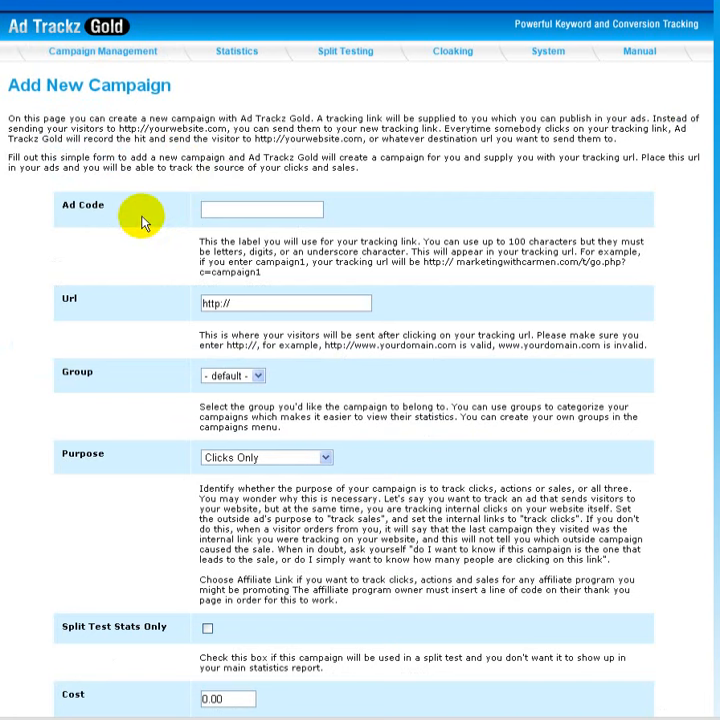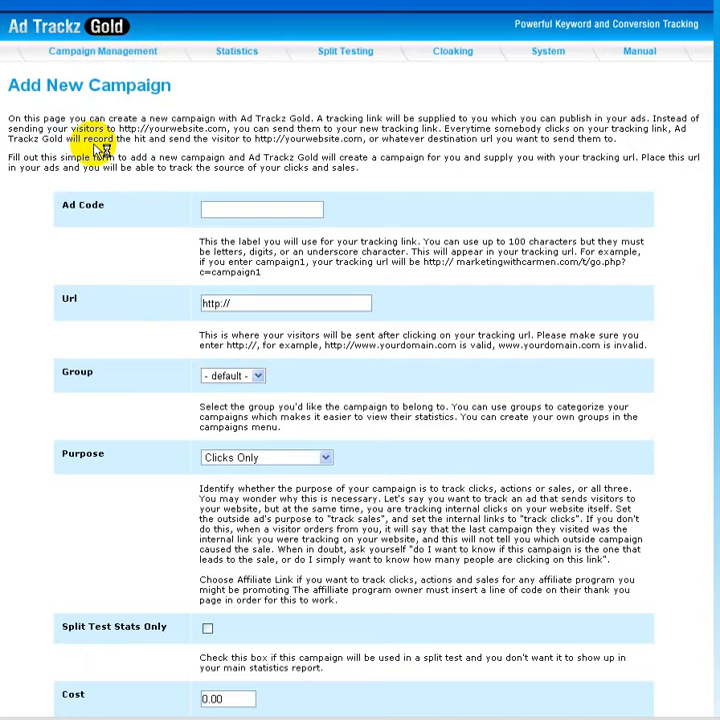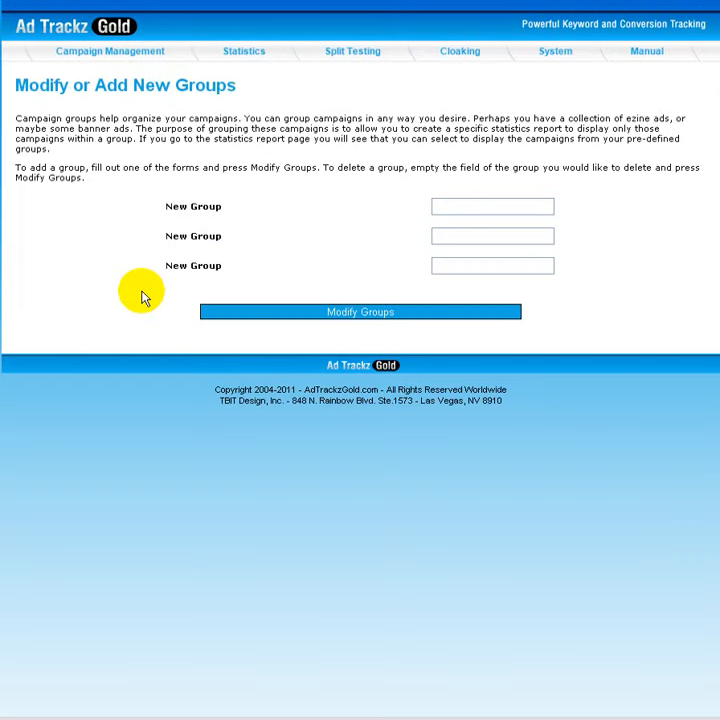Now, you can do this part any way you want, but I really suggest my naming method. Okay, and what I'll do is, well, wait. Let's back up a minute. Let's go to campaign groups. Before we do that, let's make a couple new groups,